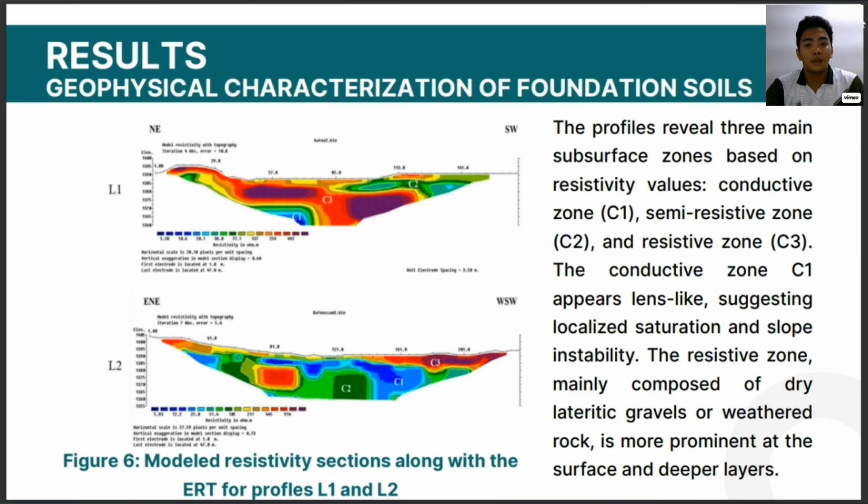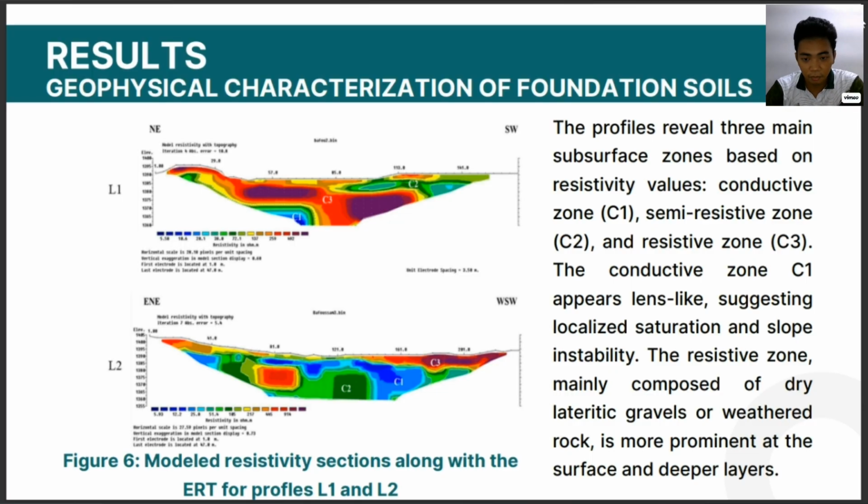Next is geophysical characterization of foundation soils. Figure 6 contains a profile which shows 3 main subsurface zones based on resistivity values, which are the conductive zone with resistivity values less than 30 ohm-meter, the semi-resistive zone with values between 30 to 200 ohm-meter, and the resistive zone with values above 200 ohm-meter. The conductive zone C1 appears as a lens structure suggesting localized saturation, contributing to slope instability. The resistive zone, mainly composed of dry lateritic gravel or weathered rock, is more prominent at the surface and deeper